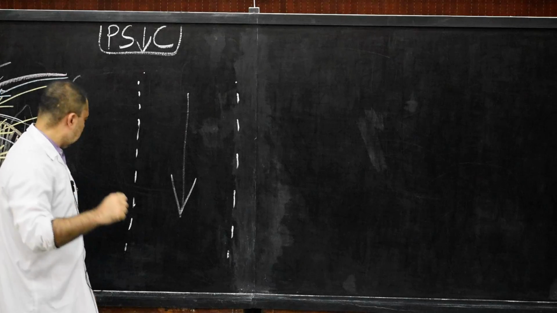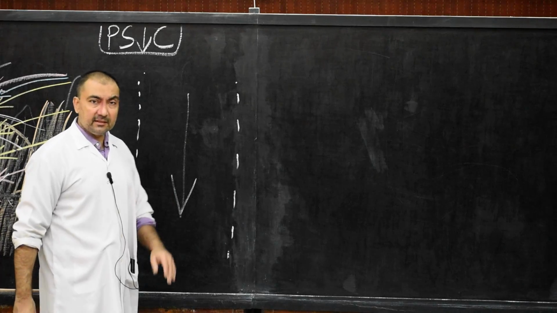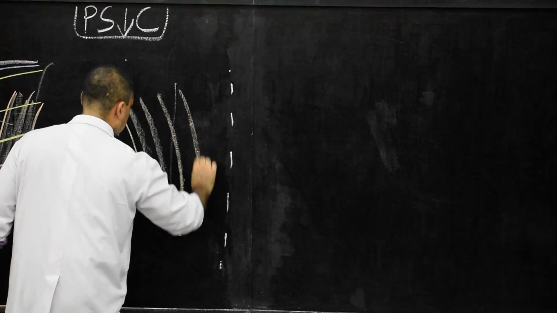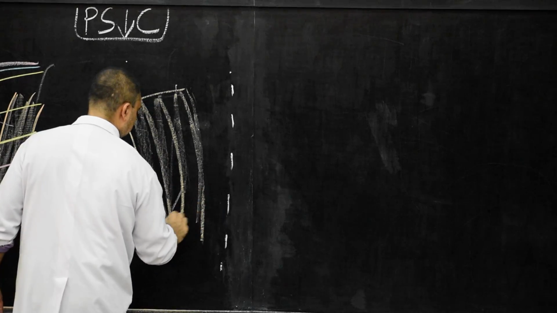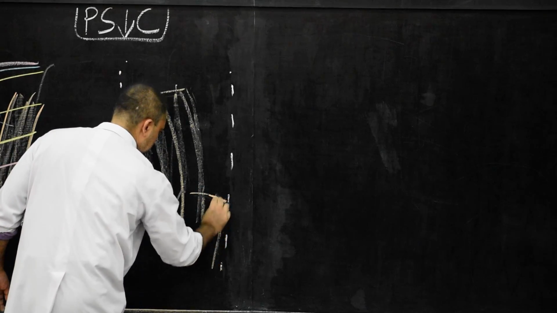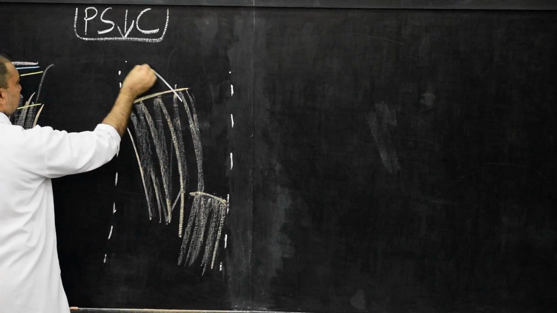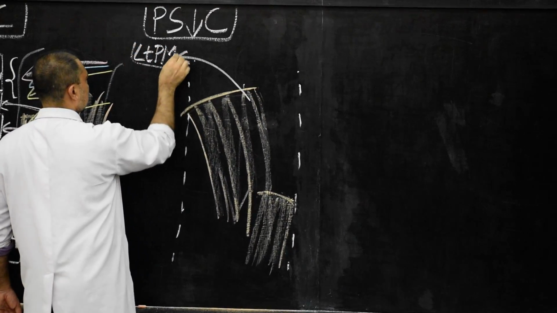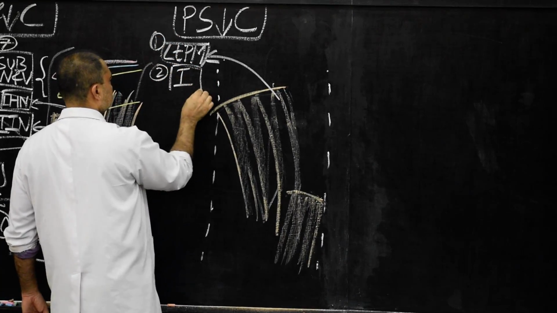We start with the left side psoas major and iliacus muscle. So on the left side, there will be psoas major and there will be the iliacus muscle. So this much we have to remember. And on this side I am going to write down the left side psoas major muscle, structure number 1, and structure number 2, left side iliacus muscle.